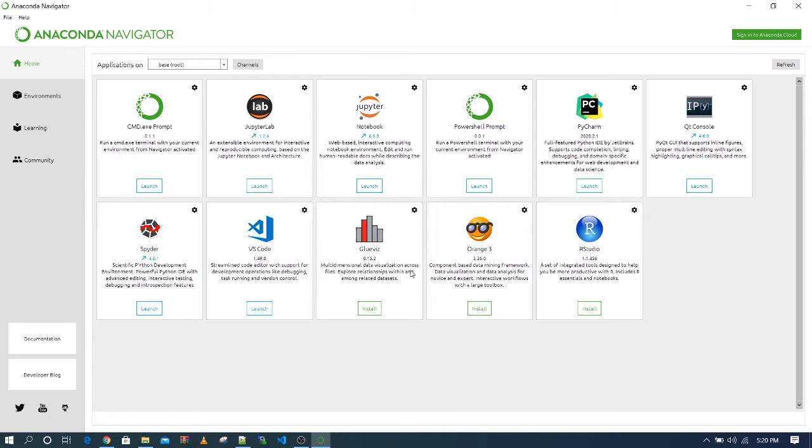NumPy has certain methods which take a Python list as an argument and give us back an array, a multi-dimensional array. Depending on what kind of list we provide, we have different types of arrays like 1D array, 2D array, and 3D array. Okay, and let's start our Jupyter notebook where we can practice our NumPy code.